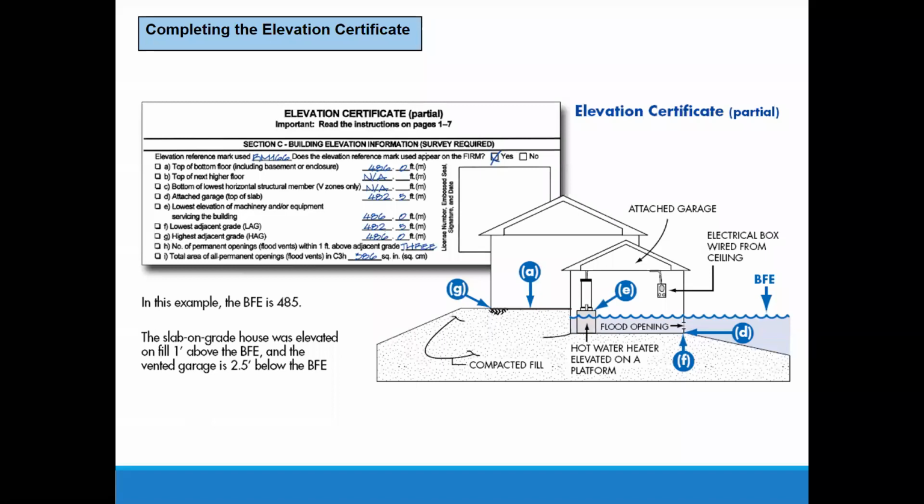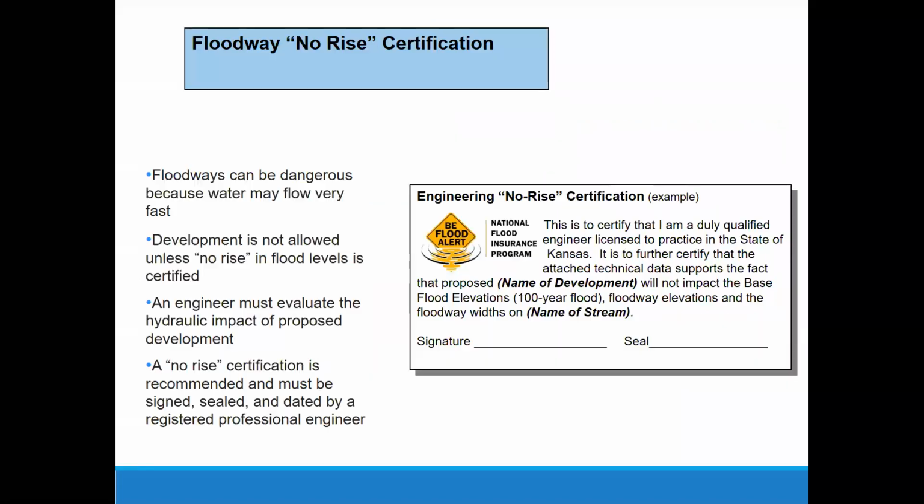I'll give you a little tip. This house has utilities in the garage and has flood openings. If it didn't have flood openings, the insurance would be rated at the bottom floor of the garage rather than the house. So the insurance would be rated down there at F instead of at A. And so that might put it 3 feet lower. And you remember the rate chart, what happens when you go too low.